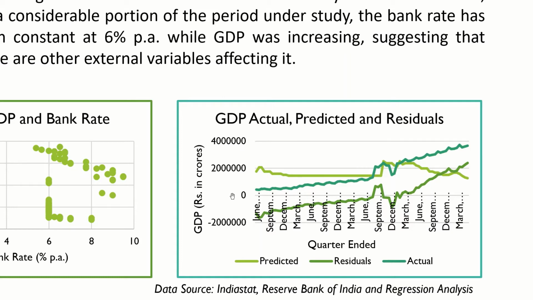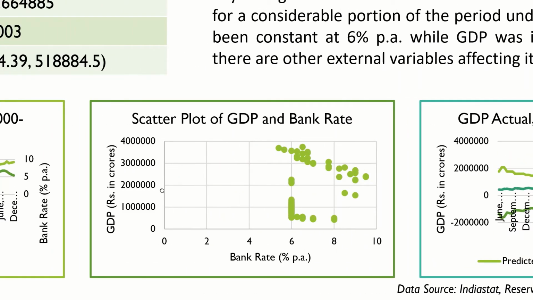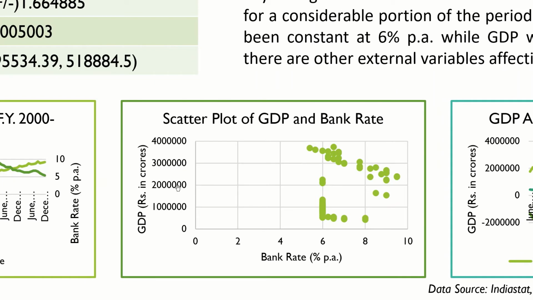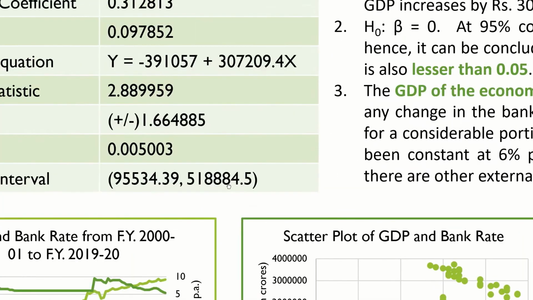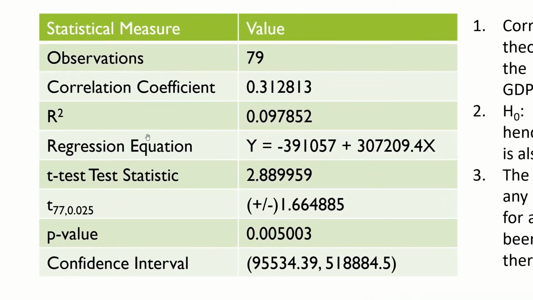So now you can see how all the different features and the different aspects of the graph are way clearer than before. And at length, I can go on to explain either the values that appear on the y-axis or the legend that I have for predicted, residuals and actual. And if I want to move on to the graphs on the left side, I can simply drag the mouse across the screen and I can shift, or maybe I want to go upwards, then I can go upwards and show them the table which talks about the different values, statistical measures that I have.